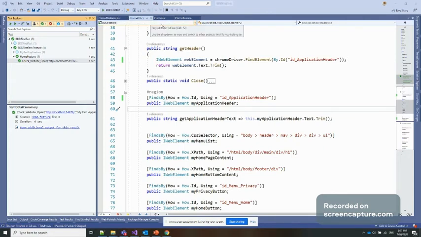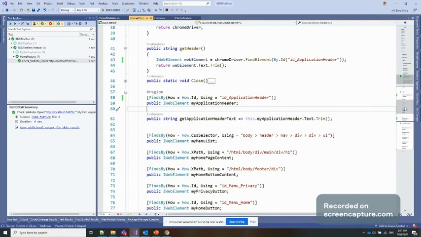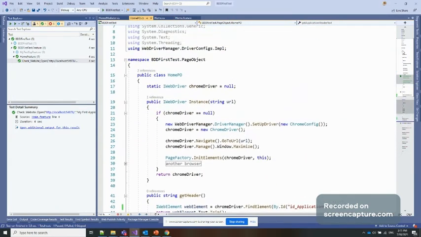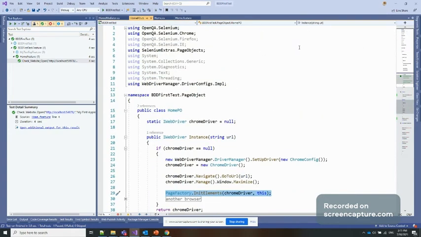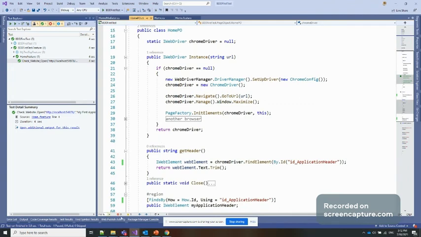Based on our needs, or based on discussion with the project manager or the architect, we can use either, or we can also suggest one. I hope now you are aware of why we are using the page factory. For this one, this package is more responsible, using selenium extra dot page object, so you can identify it's a PO, a page object.